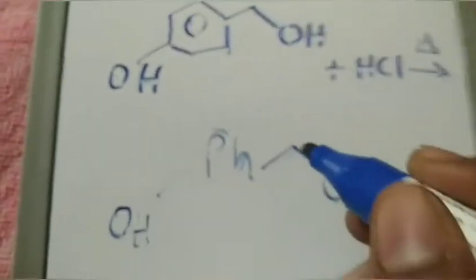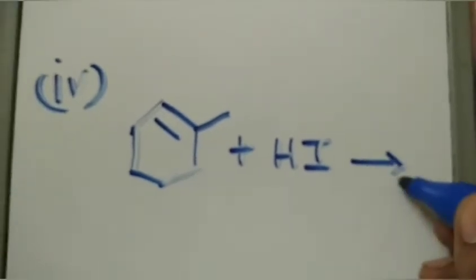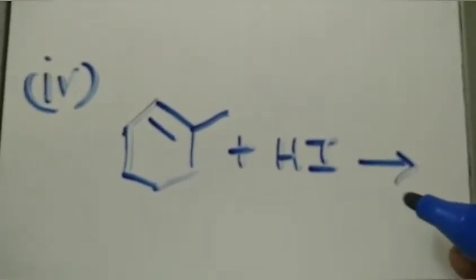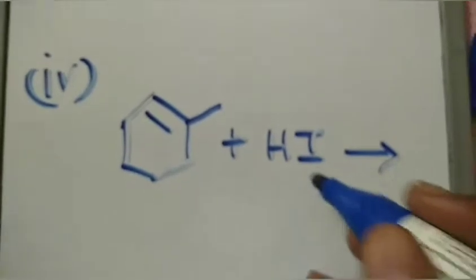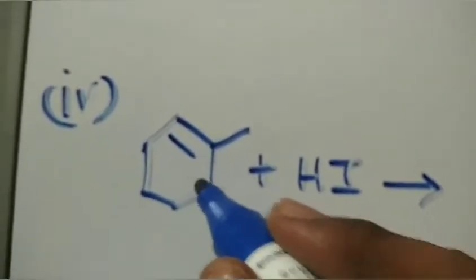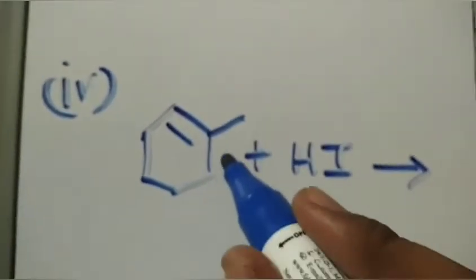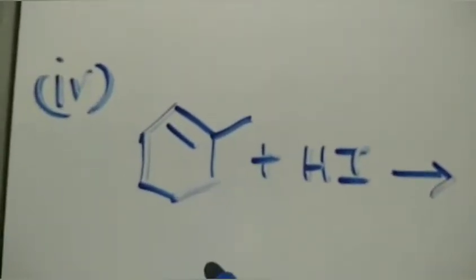So the fourth question is this one. This structure is given, and HI is said to react with this. So simple, this is addition of iodine, this halogen, to a double bond. This is the Markovnikov rule, right? So iodine will get attached to that carbon which is more substituted, meaning the one with less number of hydrogens. Here if you see,